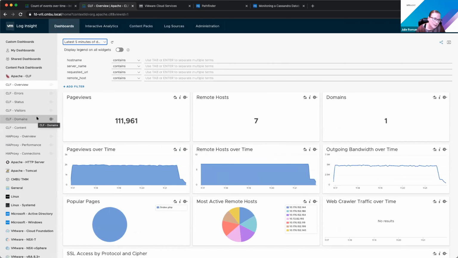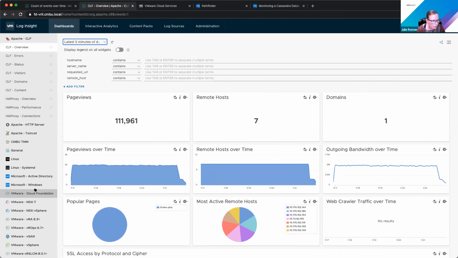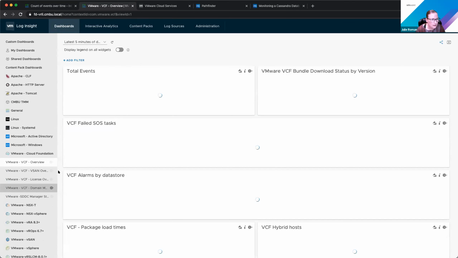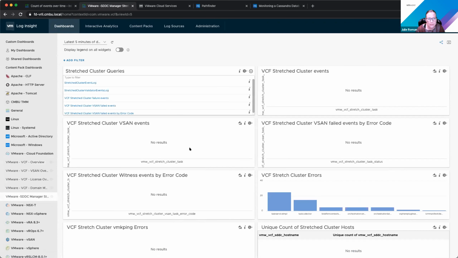So those are all at code.vmware.com. We don't have a ton of stuff out there yet though, but you will find this Cloud Foundation content pack out there. It has some dashboards for like SDDC manager and things like that.